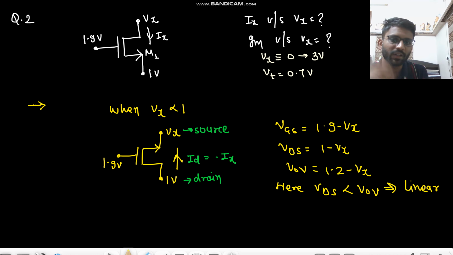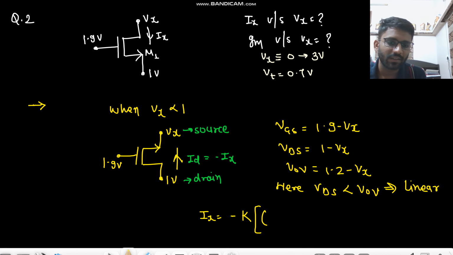Here you wrote VGS. What is VGS? VGS is 1.9 minus Vx. What is VDS? That is 1 minus Vx. What is V overdrive? V overdrive is VGS minus VT, that is 1.2 minus Vx. Here your VDS is less than V overdrive, that means it is in linear region. So what is the current equation? ID equals minus Ix. Instead of writing ID, I will simply write Ix equals minus sign, some constant,